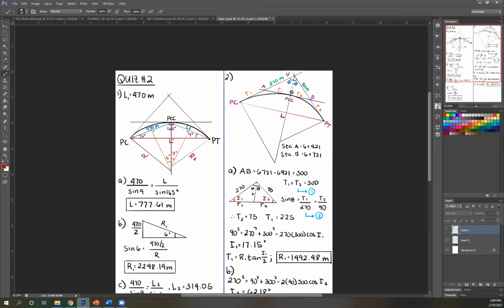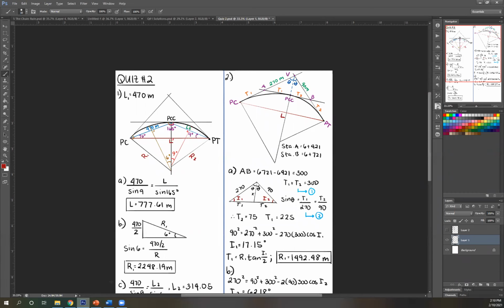Right, now, next step, you've created a right triangle. Extend these lines, since it says there that A is in between the tangent passing through PC. So this is the tangent passing through PC, that is your A. Tangent passing through PT, that's your B. And then draw your compound curve. Okay, now that you have your drawing,